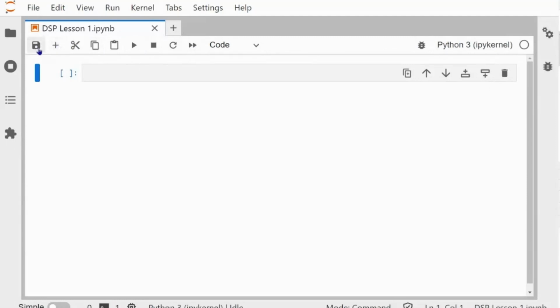And notice that we've already seen what this icon does. That's saving the notebook. And also notice that when I hover over it, it tells us what it does here. So we've got a short description that says save and create checkpoint, and then in brackets it says Control S. So Control S is the keyboard shortcut for saving the notebooks. I love keyboard shortcuts. They make things faster, but for the sake of the video, I'm just going to click on icons today. Below the taskbar, we have this input area.